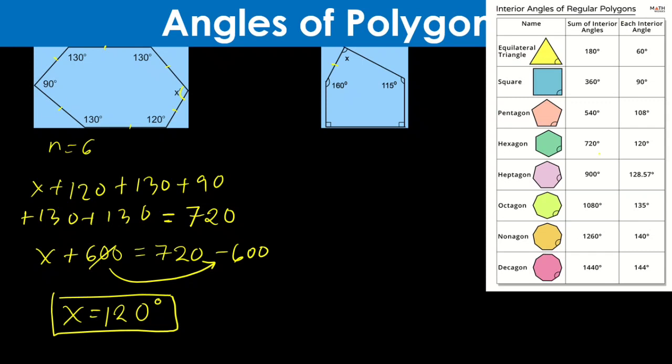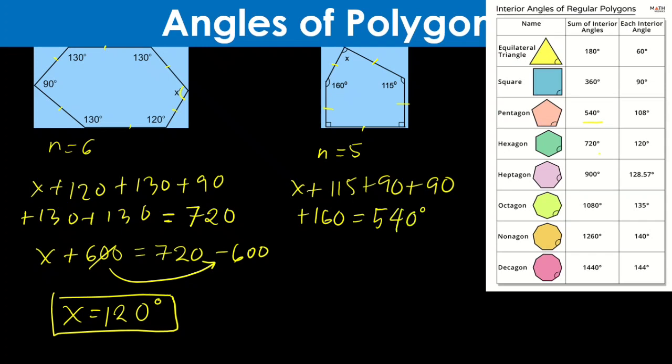Let's look at the number of sides. So this is a pentagon. It has 5 sides. Now, if we add all the interior angles here, let's start from x plus 115 plus, this one is 90. You have another 90 here, and then plus 160. Okay, so for a pentagon, the sum of the interior angles is 540